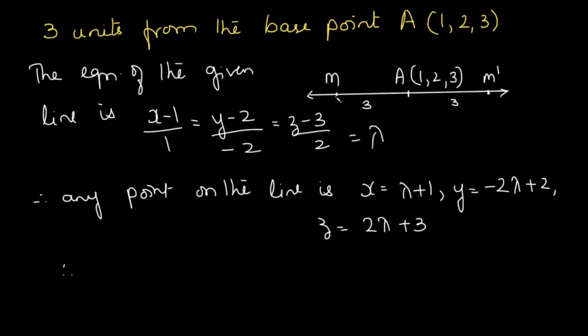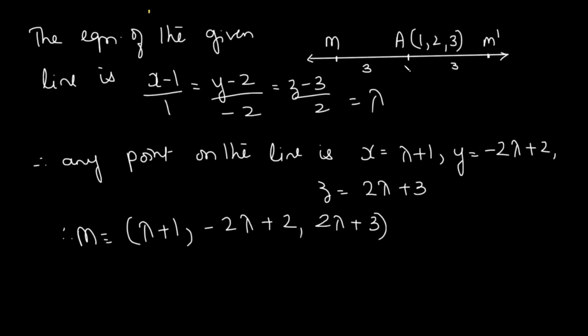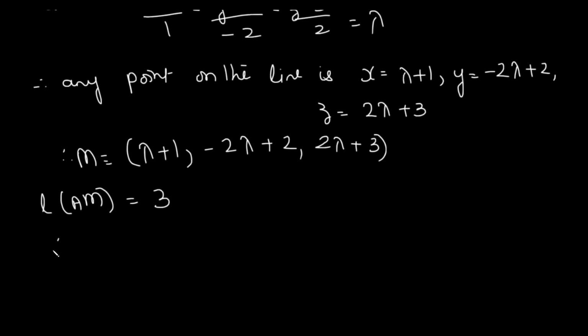Now M lies on the line. Suppose the point M is at a distance of 3 units from A. M can be here or here, as I told you. So the coordinates of M which is lying on the line are also these only. Therefore M has the coordinates lambda plus 1, minus 2 lambda plus 2, and 2 lambda plus 3. Now the distance between A and M is 3 units. So length AM is equal to 3 as they have given us in the question, and therefore using the distance formula we have the root of